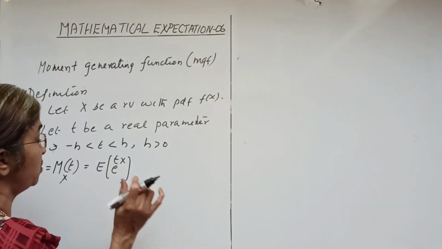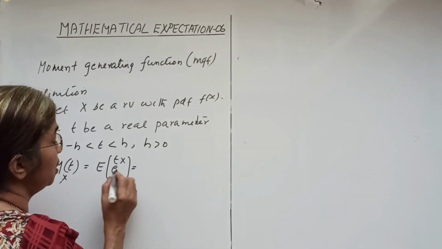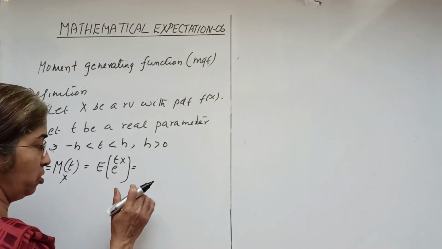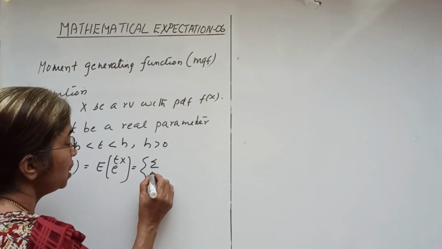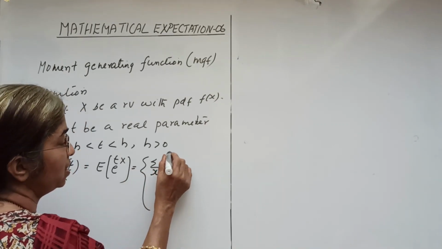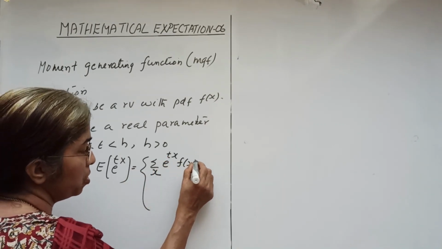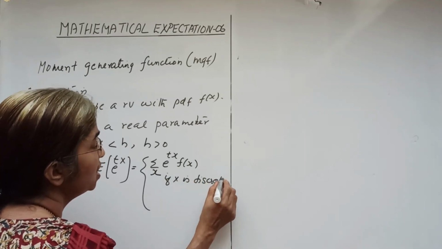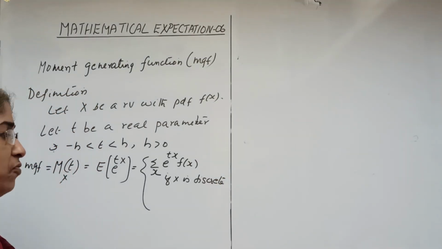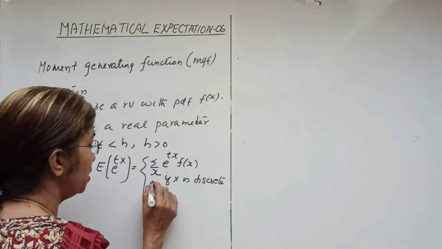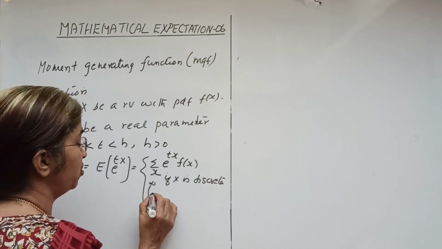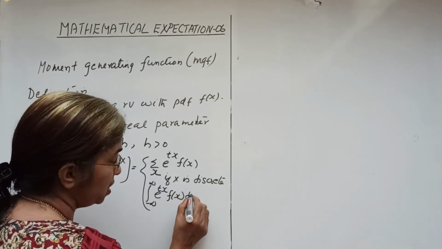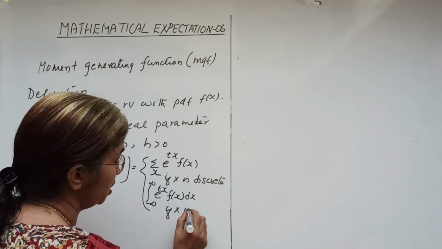Now we can write this expression as sigma over x of e raised to tx into f of x if X is discrete, and it becomes the integral from minus infinity to infinity of e raised to tx into f of x dx if X is continuous,